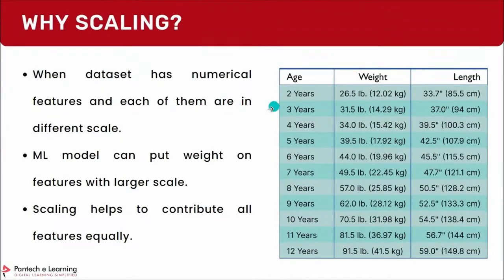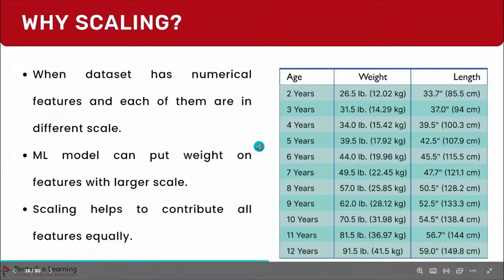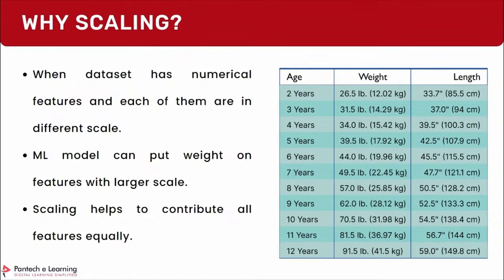So consider this example. We are having an age column, a weight column, and a length column. When you talk about the age column, it starts with 1-digit values, and it has 2-digit values. Maximum you can go with 2 digits nowadays. You can rarely have a 3-digit value. That's it, fine. Talking about weight,